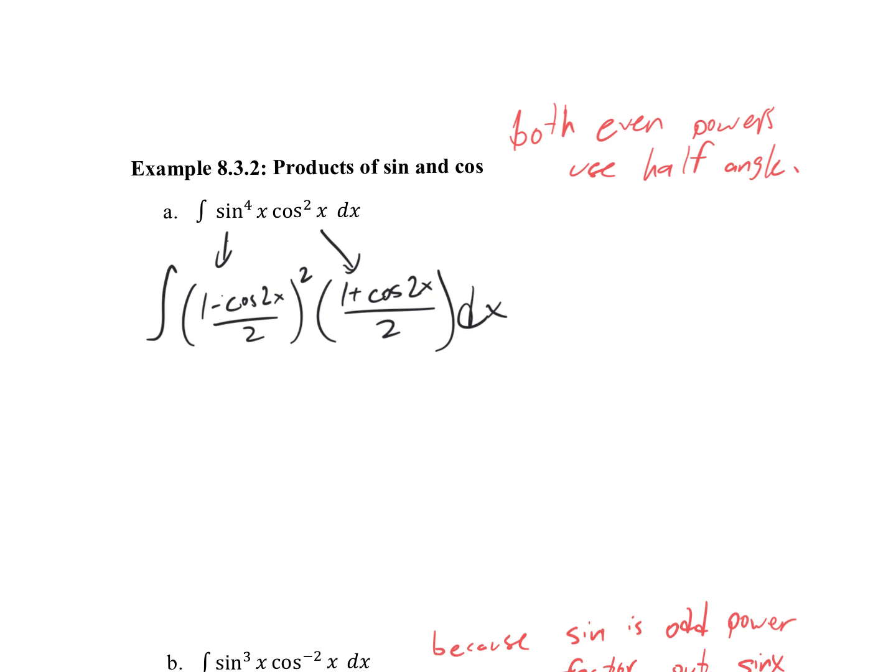So here, this is like a 2 squared, right? So that's like a 4 in the denominator. This is a 2. Let's pull that out in front as a 1/8. Again, pulling this out just makes our life significantly easier in the long run. So we have something like this: the integral of 1 minus cosine 2x squared times 1 plus cosine 2x dx, with 1 over